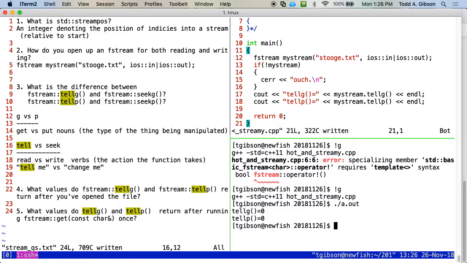So as soon as it opens the file, those pointers are at 0, which indicates simply our offsets. That's exactly what the stream position is, it's an offset. It's from the beginning. So if you're at the beginning, the offset is 0. So it's just 0 counting like everything else in the language. So we're good there.